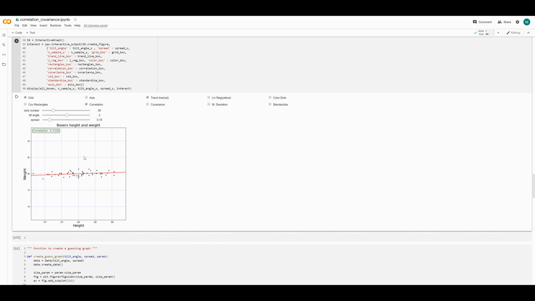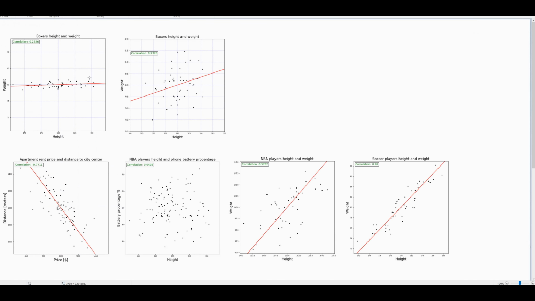No, the correlation is surprisingly small. And why is that? Because this is a very misleading graph. Here you have the same graph. This is the same graph as this, but it's properly drawn. As you can see, we have an axis of weight spread from 65 kilos to 95 kilos, but we